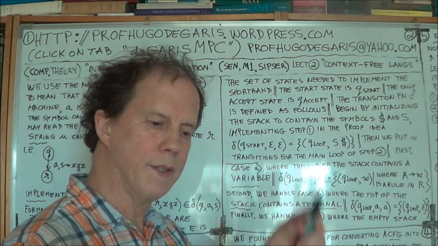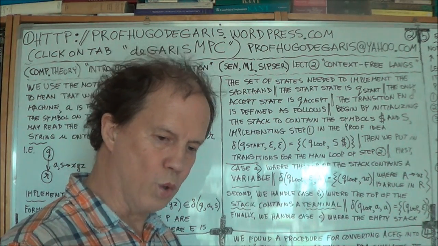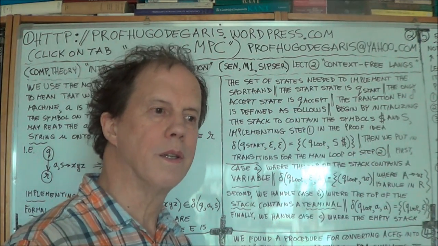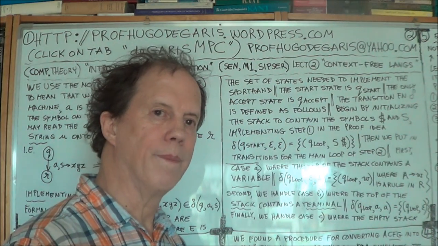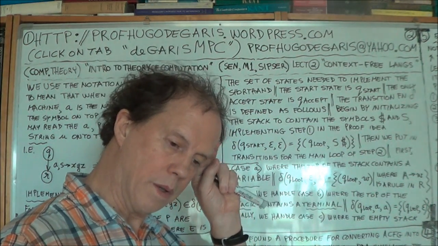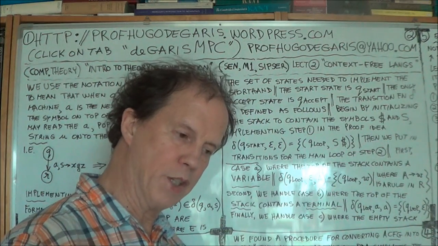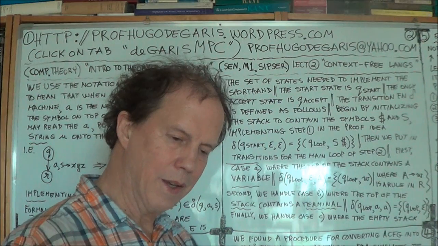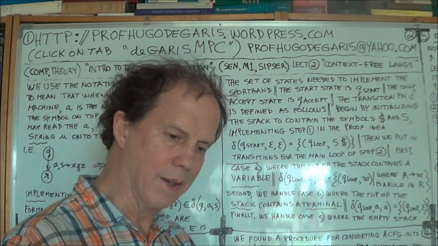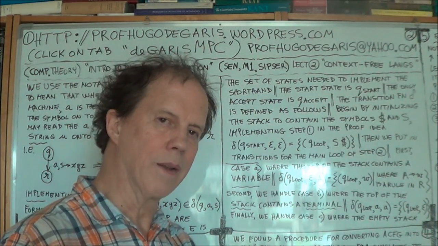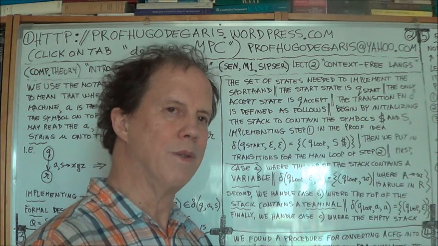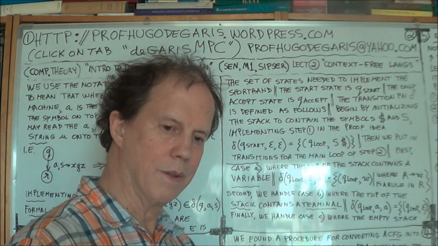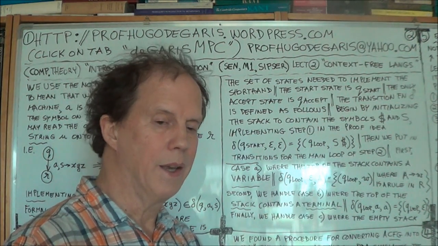So in other words, you're using the stack to store the intermediate string that is being generated by the grammar, but you're using a PDA to do it, right? So the stack contains the current intermediate string that's being expanded using substitution rules. Okay? So the stack, well, PDA, is behaving